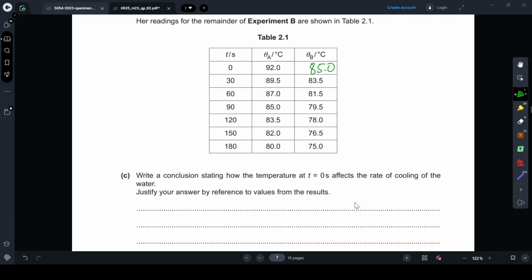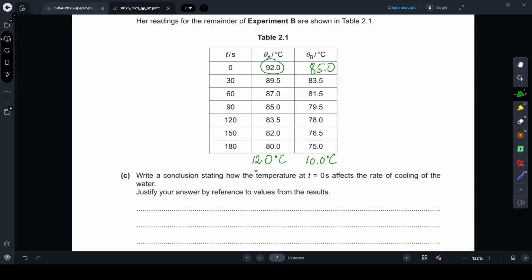Okay, so we went from 92 to 80, which is a difference of 12 degrees centigrade, or 12.0 to be proper. When the temperature increases, the cooling effect decreases. Let's see, is that what I meant? Let's see. What is the temperature difference between 85 and 75? That's 10 degrees centigrade over the same 180 seconds, that's 3 minutes. So what we can understand is, when you're starting off with a higher temperature,